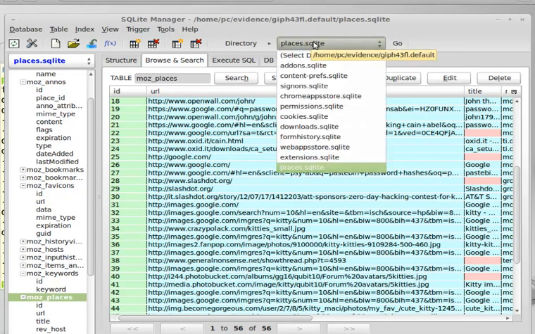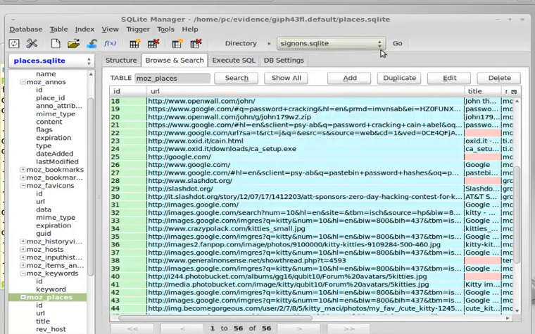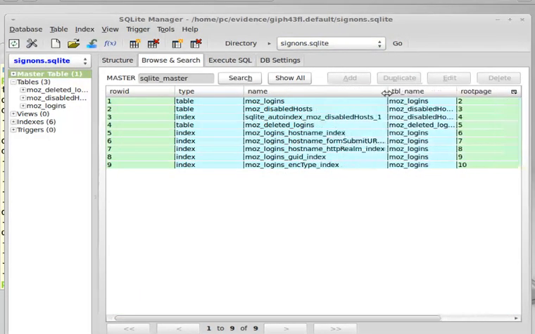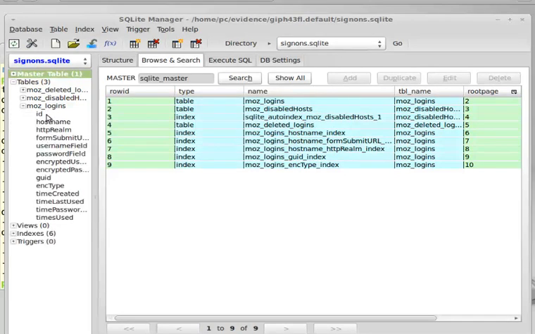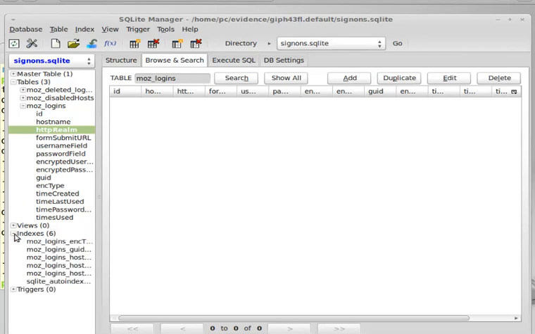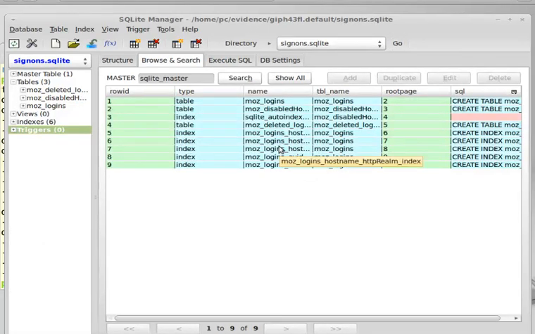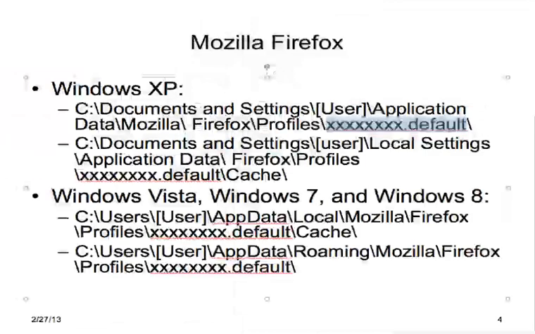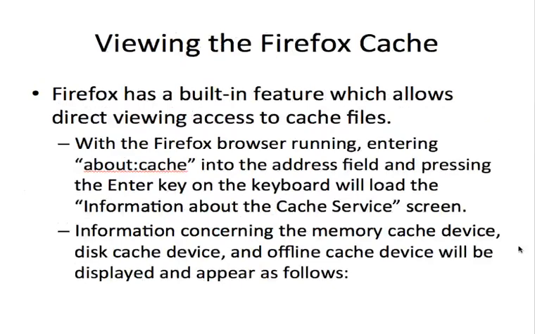Let's go to sign on, see if they signed in anywhere. Unfortunately, it looks like they didn't sign in anywhere, but that's okay. I've got a couple of pictures that I can show you. Okay, so let's go back over here and I'll show you what some of the